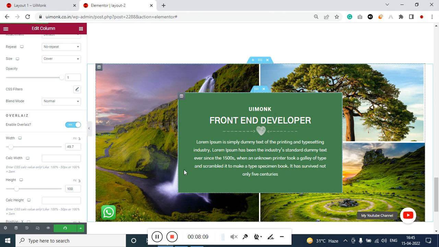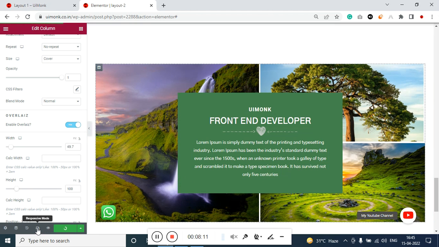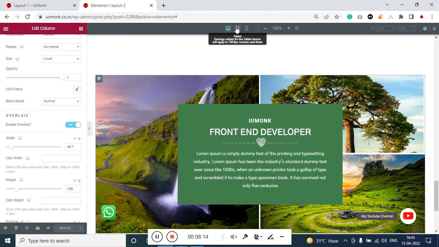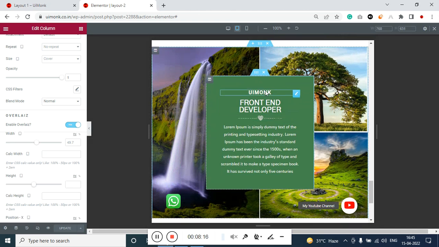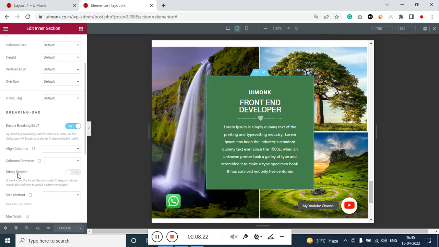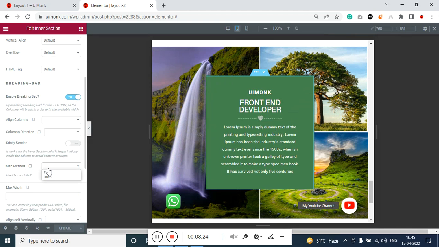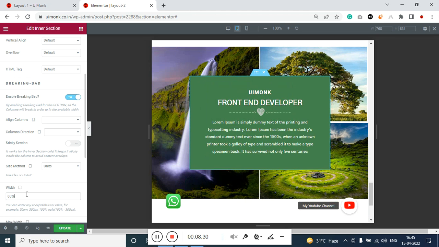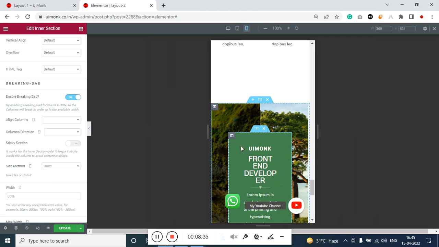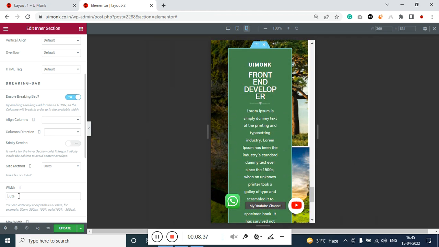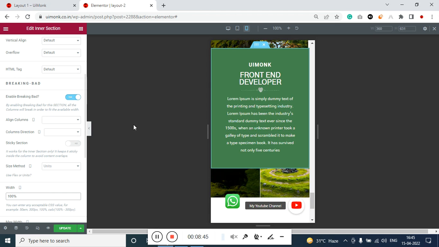Let's focus on the tablet version. Click on the responsive mode, the tablet. I hope the tablet also works fine. We just have to give width to the inner section. Previously we have given 50. Now we'll give 65 percentage for the tablet version. Let's switch into the mobile version, and the same way let's make this 100 percentage, and